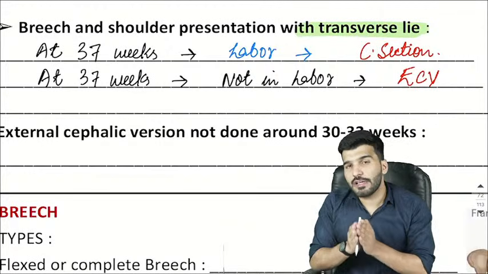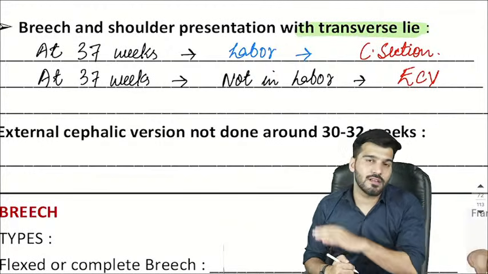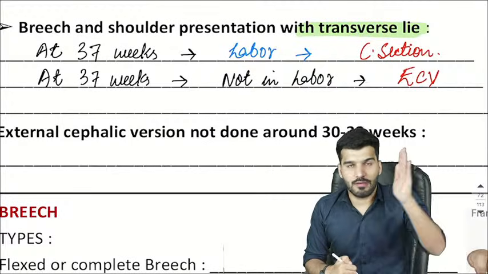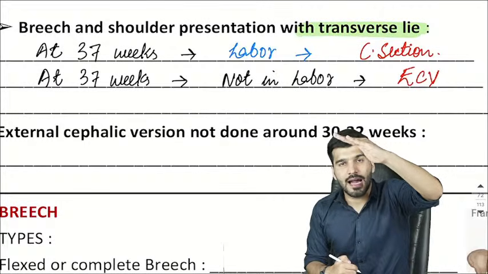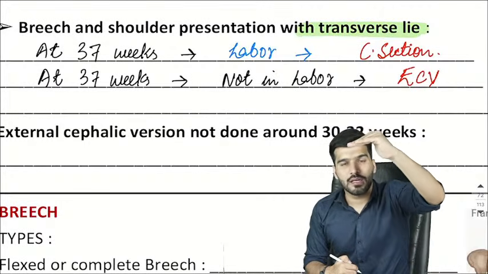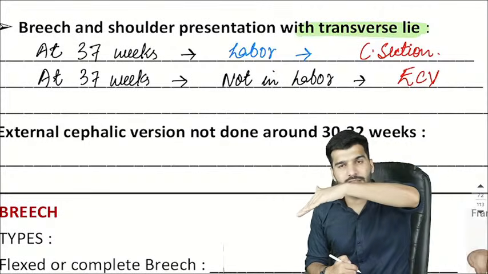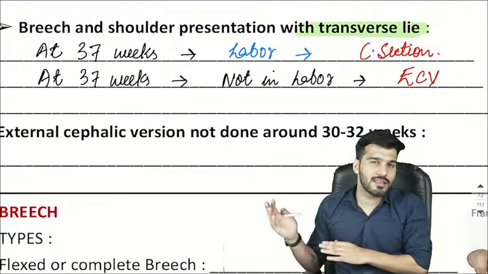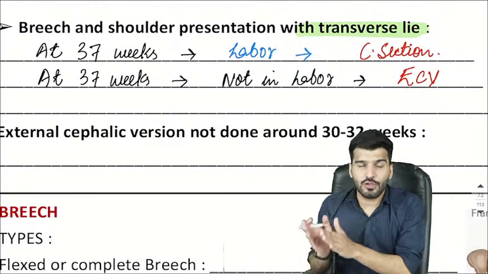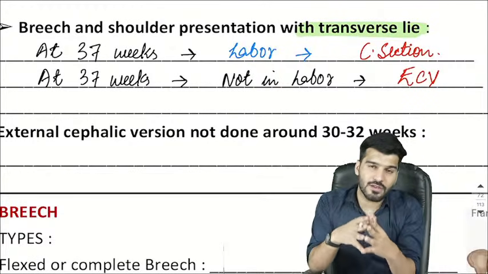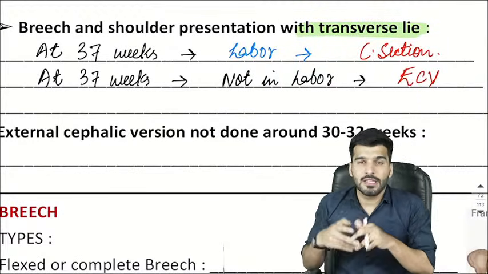Because the amniotic fluid levels decrease after 32 to 34 weeks. Amniotic fluid levels are like this: at 30 weeks they are rising, at 32 to 34 weeks they are at the peak, and after 34 weeks they start decreasing. Around 40 weeks, it's almost only 600 ml. Now, sir, if I try to do this external cephalic version around 32 to 34 weeks, the baby will change